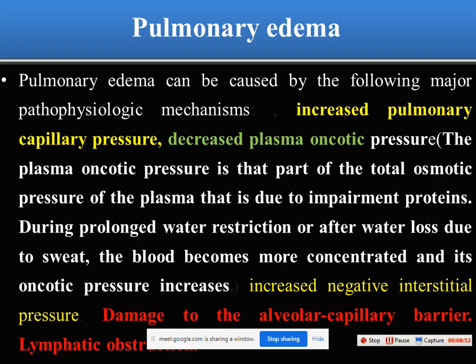And finally, we speak about pulmonary edema, and we say that pulmonary edema can be caused by increased pulmonary capillary pressure and decreased plasma oncotic pressure and increased negative interstitial pressure, which is mainly in the lung and the skin, or damage to the alveolar capillary barriers, and maybe we have lymphatic obstruction. All these mechanisms lead to accumulation of fluid in the lung interstitial tissue and lead to